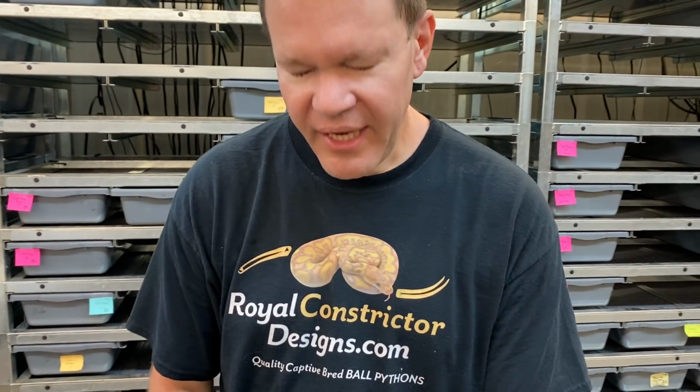Well, that normal pinstripe has to be het for cryptic because all of a sudden they started hatching all these Cryptons or cryptic things. So I did that for 2 years in a row, held back all of them. The third year, I bred a completely unrelated pastel banana to that same pinstripe that's het for cryptic, and I produced him. So unless that pastel banana was somehow het for clown, which I don't really know how it could